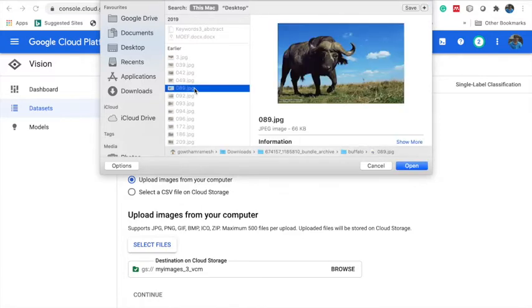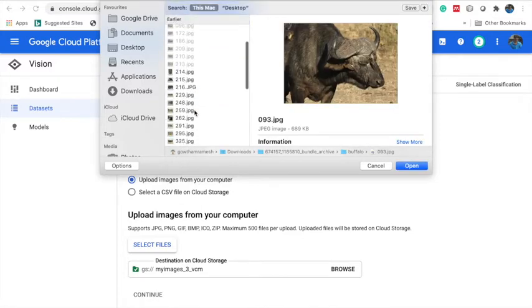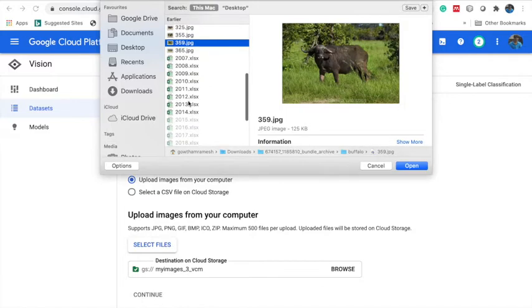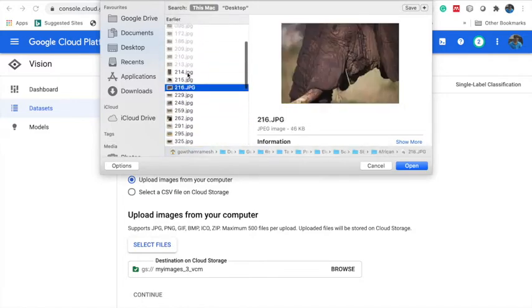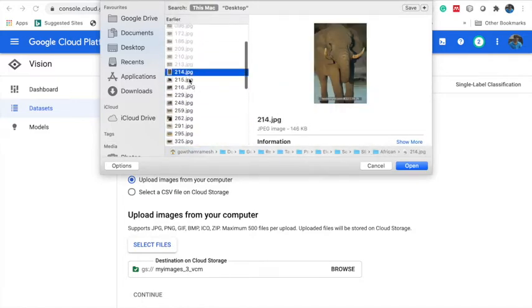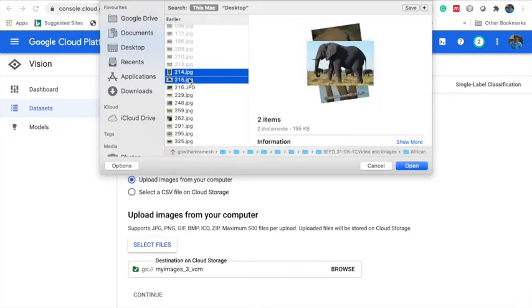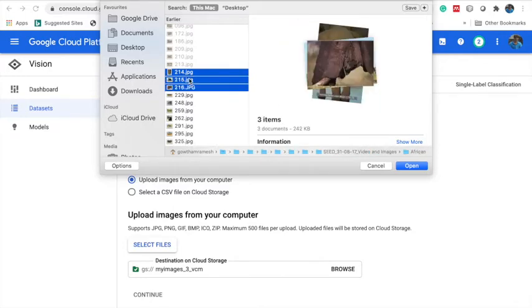I have set of images in my local system. These images can be a part of a training image. Please select all the images from the directory.